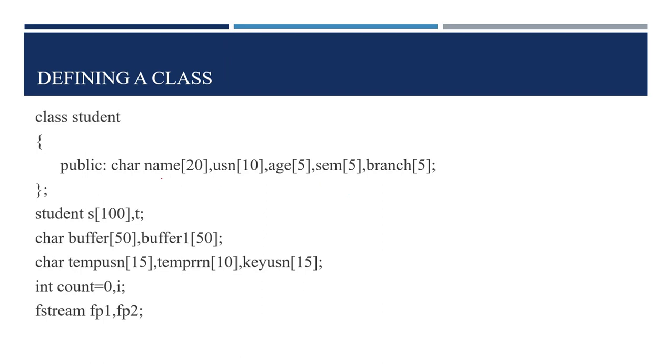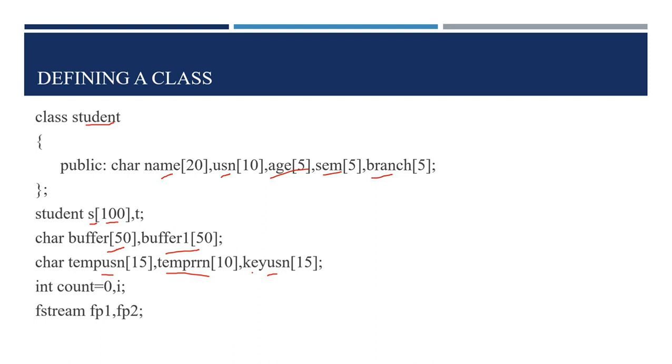definition, which consists of 5 variables: name, USN, age, semester, branch of the type character, which are provided as public specifiers. We create the instance of this class as S, which can store a maximum of 100 student records. We also require the buffer to store the temporary search data or the entered information. We also require some temporary reference variables to store the USN and RRN value,